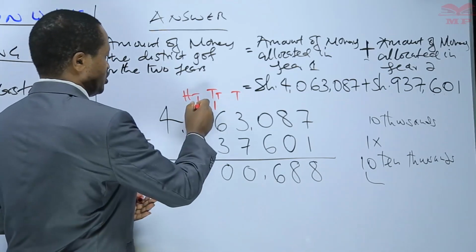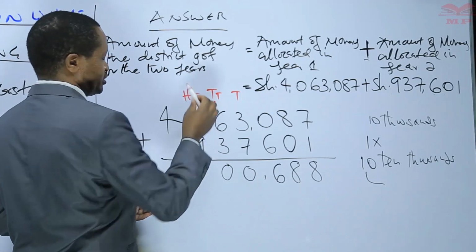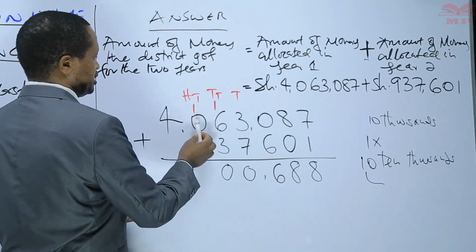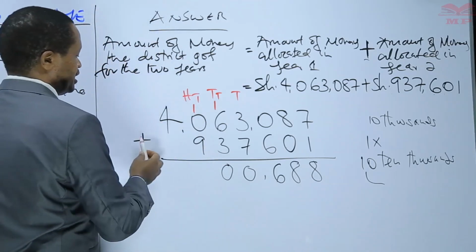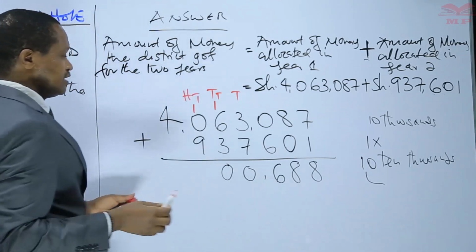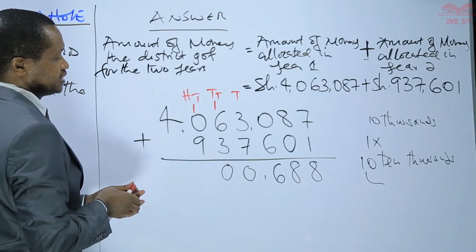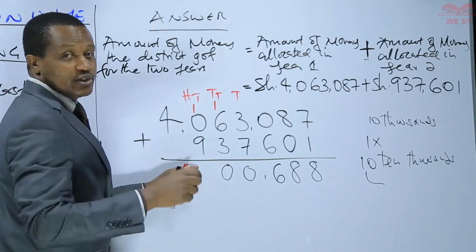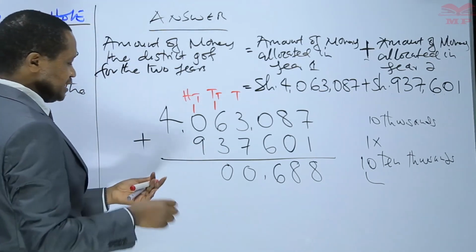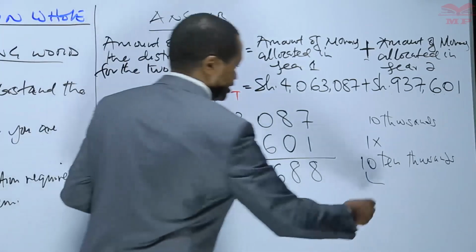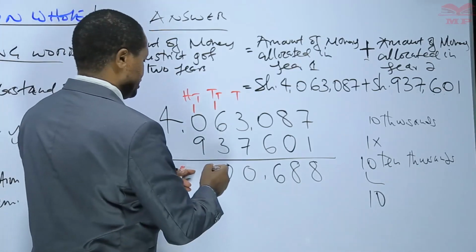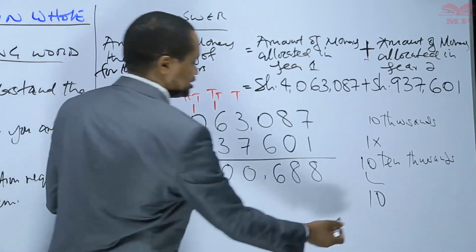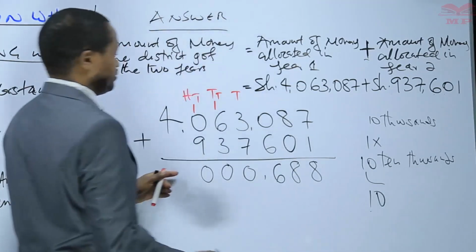100,000. So we have here 100,000 plus 0, 100,000 plus 900,000. That gives us 10,100,000. These are 10,100,000. So we write 0 and carry this 1 to the place value of